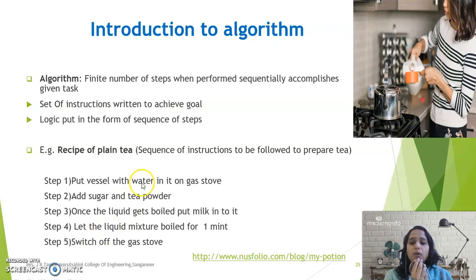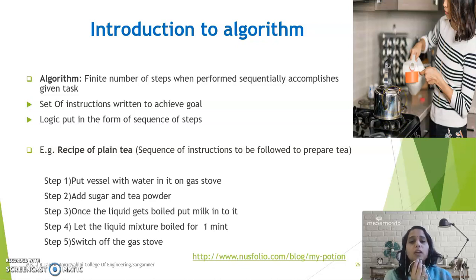Here we have not specified clearly the quantity, how much water and how much milk I have to take. We have not mentioned the time also. While writing the algorithm, we should be very specific. Anyway, in the next slide we will see the characteristics of algorithm, so things will be more clear. Talking about this particular algorithm, a person who is new to the tea concept may fill this entire vessel with water, because we have not mentioned how much water to take. Here we have also not mentioned that we have to switch on the gas, so he will just put it on the gas stove.